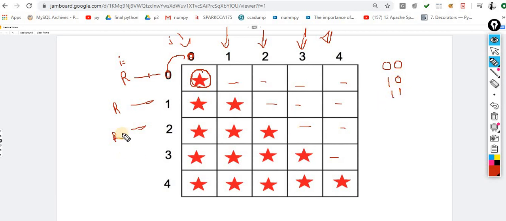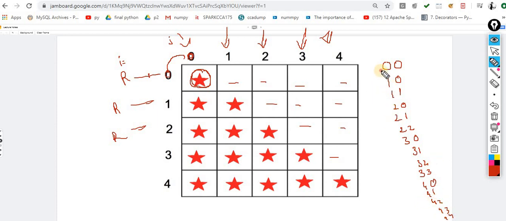The third star is printing on 2 0, 2 1, 2 2. The fourth star is printing on 3 0, 3 1, 3 2 and 3 3. The fifth star is printed on 4 0, 4 1, 4 2, 4 3, 4 4.